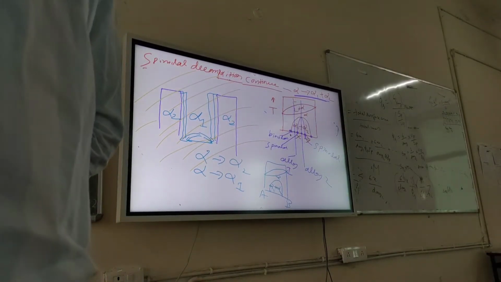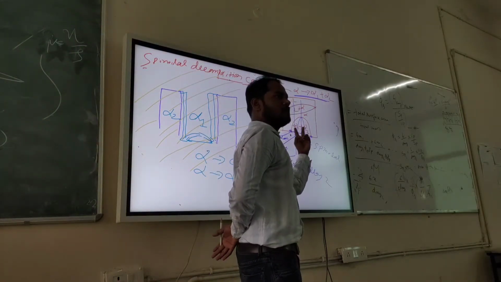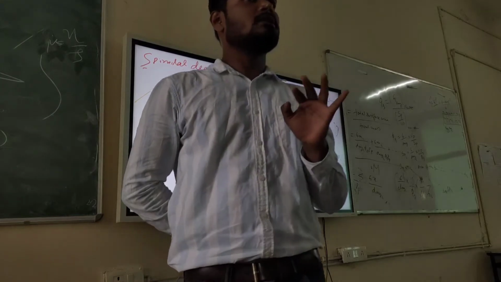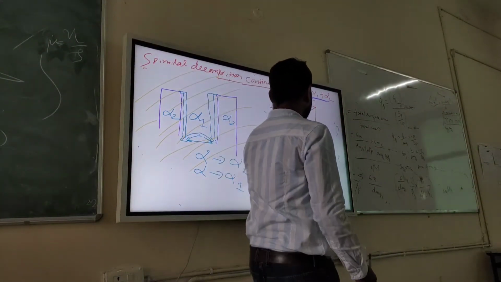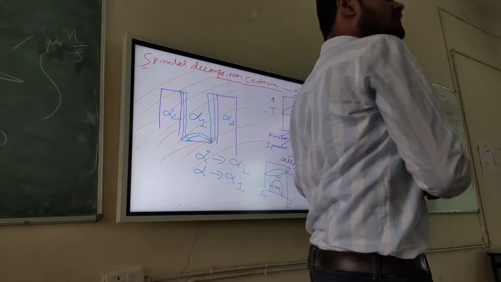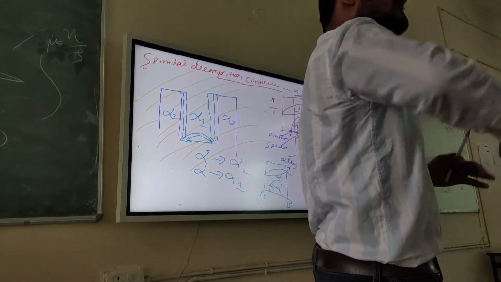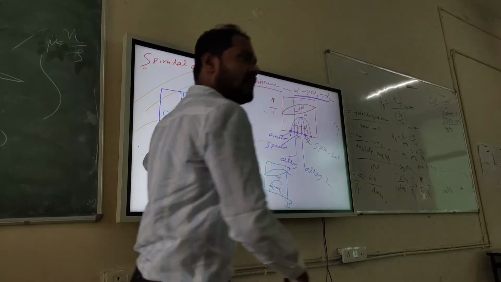This is the situation. And this situation happens when you are choosing a composition in between binodal and spinodal. But now the situation is different. You have chosen a composition which is in between these two binodal points. So will alpha split into alpha 1 and alpha 2 like this? The answer is no. There is another way of splitting. I'll discuss that.